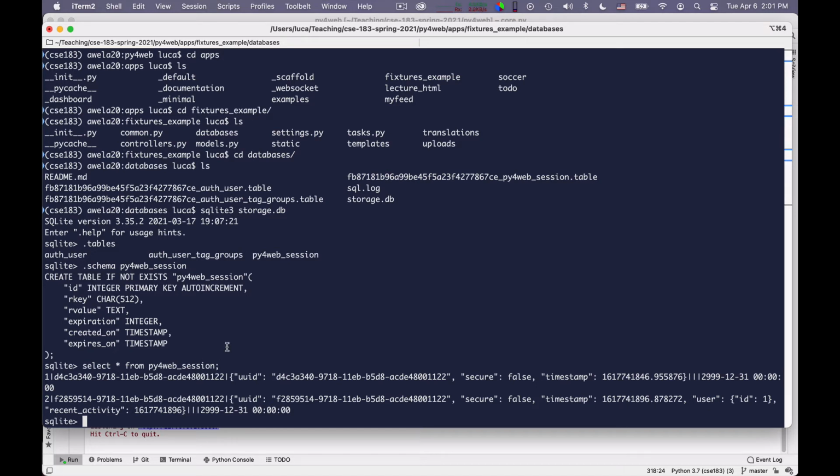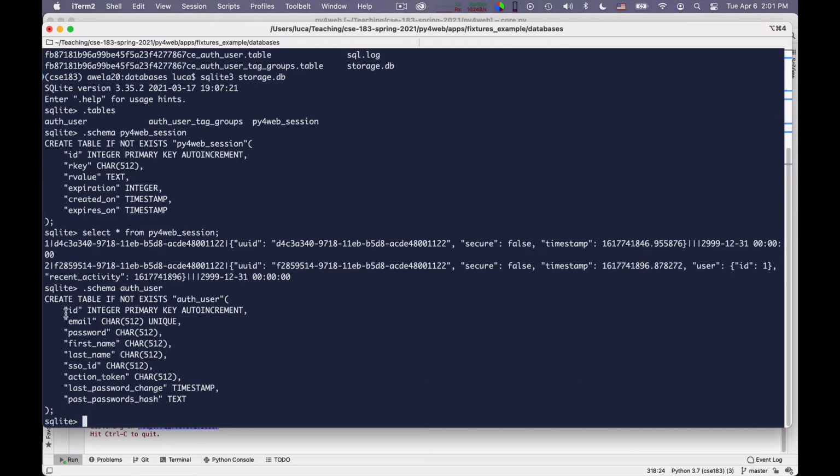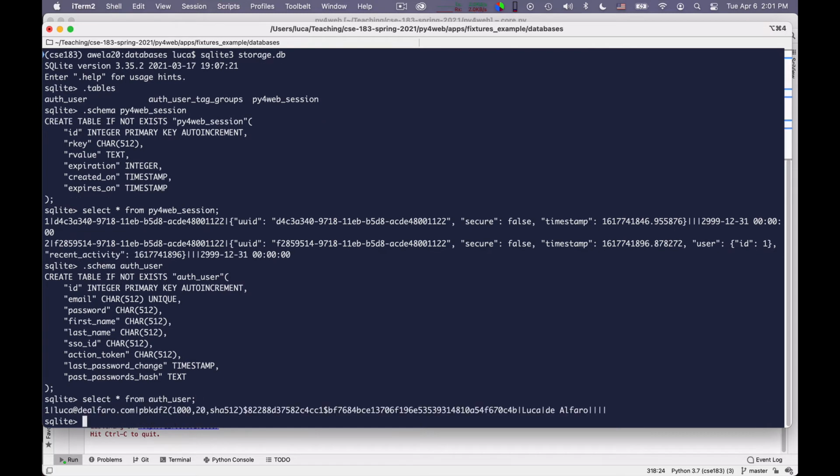You can also look at the content of the auth user table. You can ask how is the content organized? Well, it has an ID, an email, a password, a first name, last name. You can see various things inside, and so you can say select everything from auth user, and this will tell you what is in there.